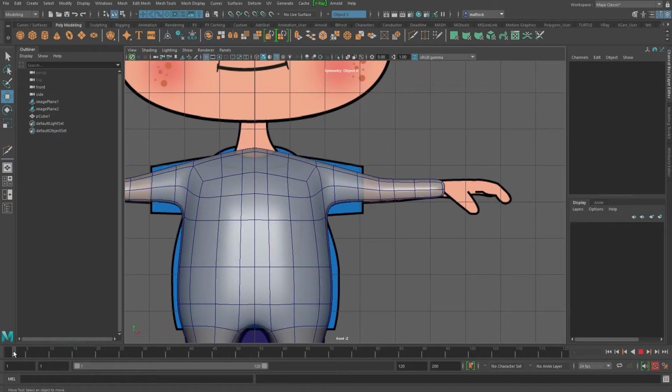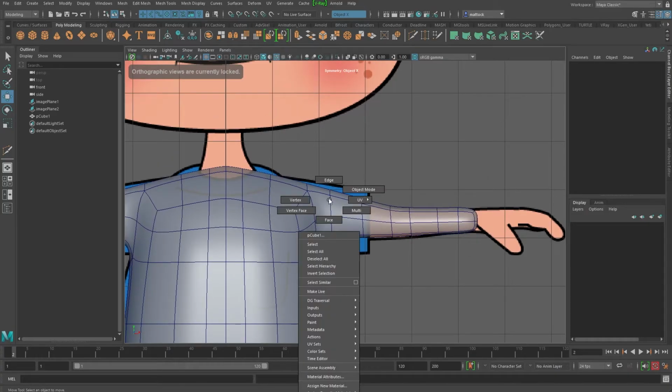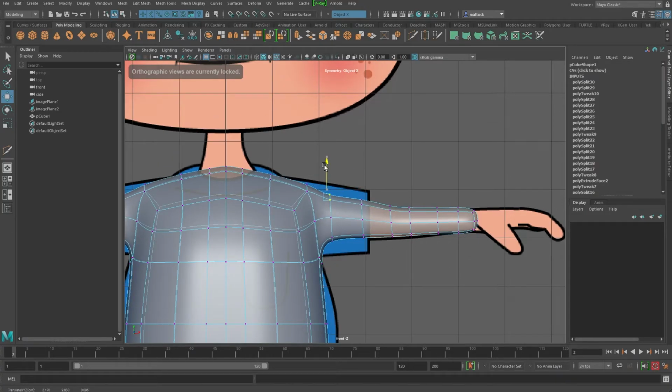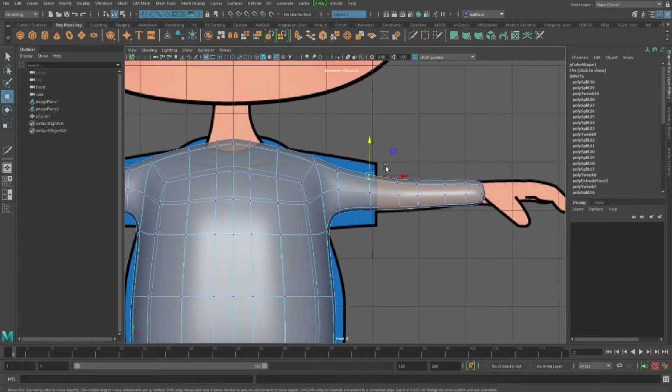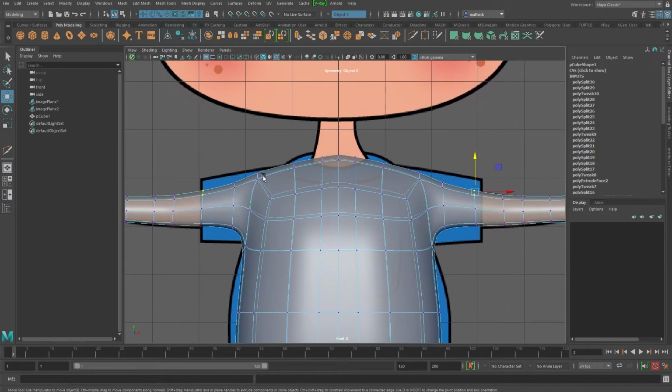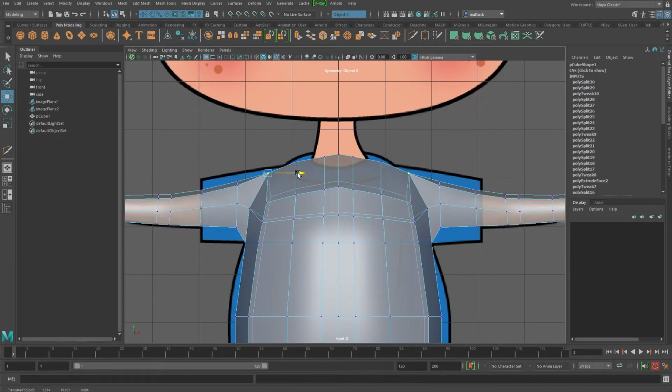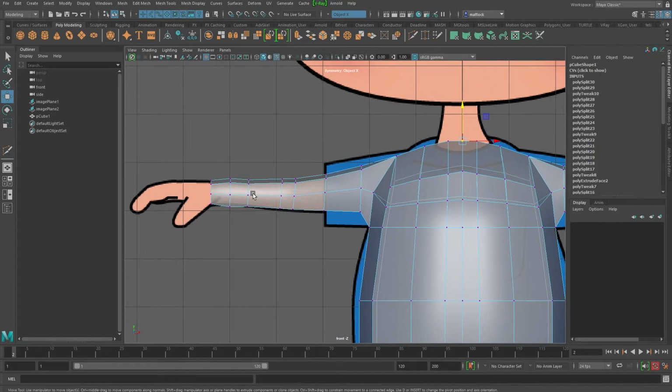Going to go back to, and use our X-ray shader here. Don't want his arm to be that thick there. Move the shoulders in. It's okay. So as you can see, it's a case of just refining as we go. You know, polymodeling can be a slow process, but once you get used to it, it does speed up.